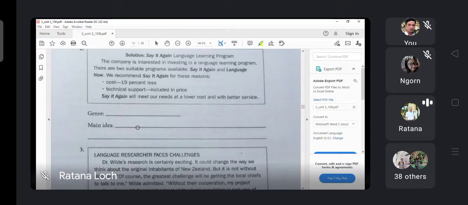Okay, so for my understanding, when we're talking about the communication of business, I think it is about the last sentence. The last sentence, say it again: will meet our needs at a lower cost and with better service. When you go to negotiate the business agreement, so, okay,